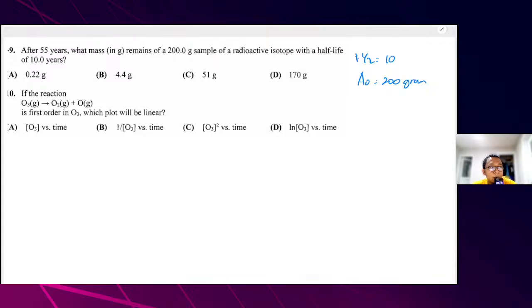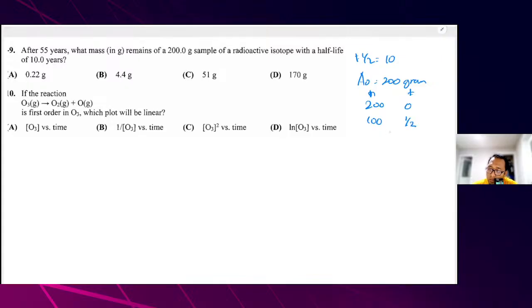We know that the total time is 55 years. For 200 grams, this is the amount of mass, and this is time, so this is 0. And then after one half-life,